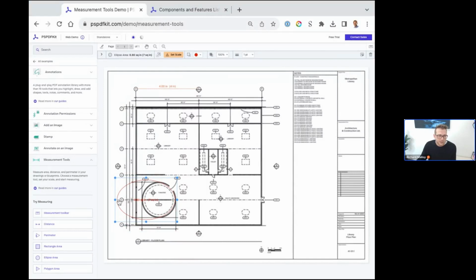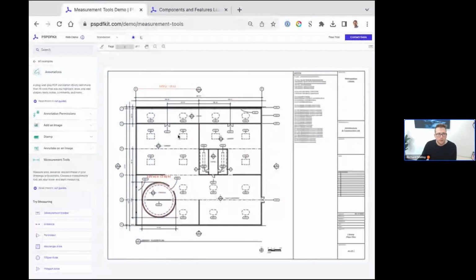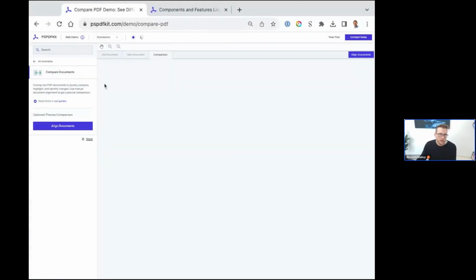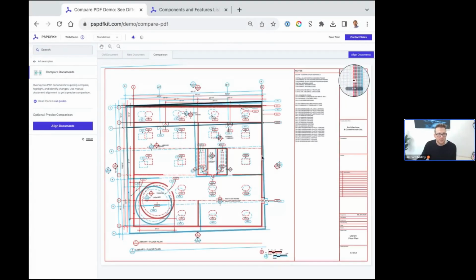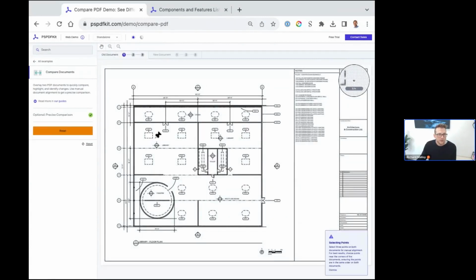We see this in construction and engineering. We see this in like health and insurance for like EKGs. We see this in real estate. There's a lot of different use cases for using the measurement tools. And then the additional one that we've built right now for vector-based PDFs is the ability to compare 2 different documents. So what we allow you to do is, if you see in the right-hand corner, the top right-hand corner,